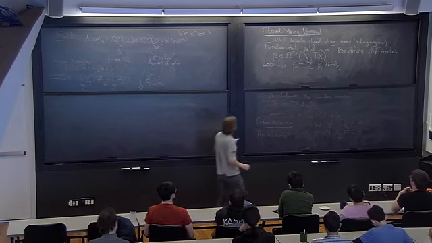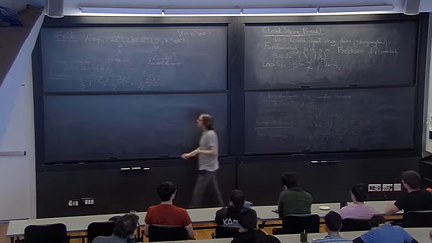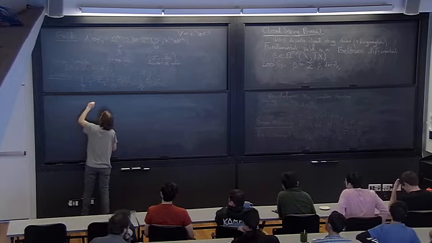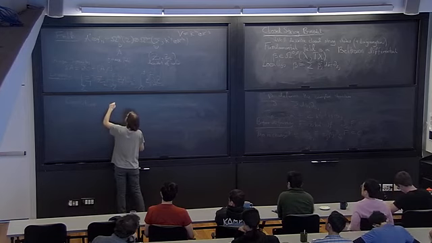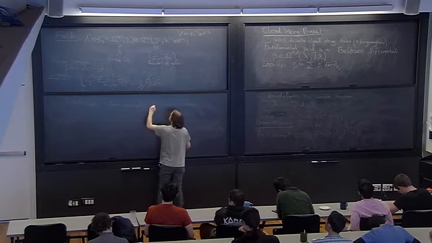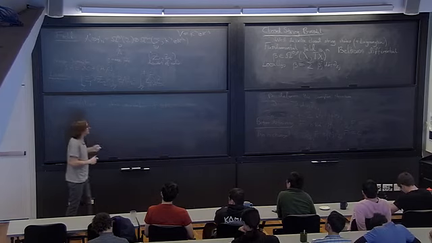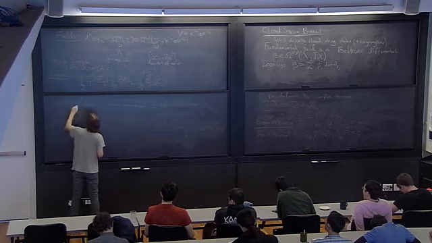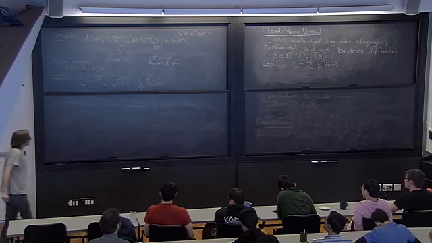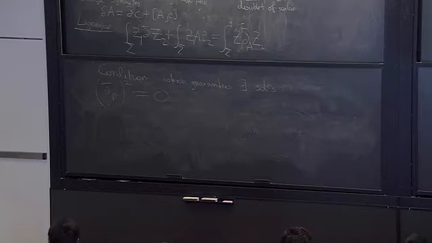So let me call this deformed d bar operator d bar sub beta. There's a condition which guarantees there exist solutions. This is like a standard integrability condition for differential equations, that d bar beta squared is 0, which you can write out more explicitly as